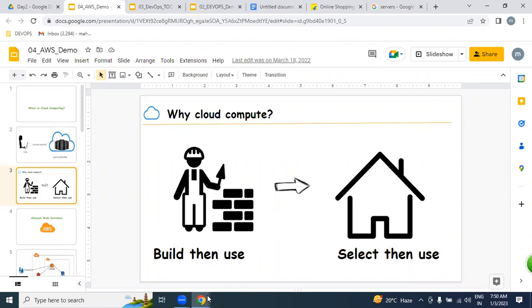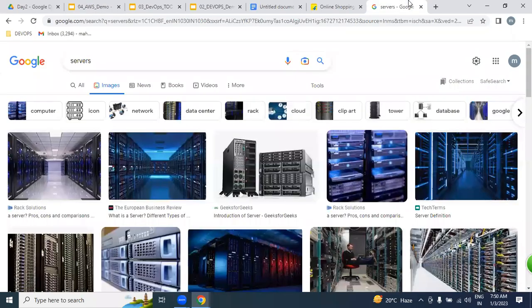After buying, where can you keep it? We need to keep it in a big room. Who will maintain this? Every month there is rent, employee salaries, and electricity bills. So it is a huge maintenance cost every month.